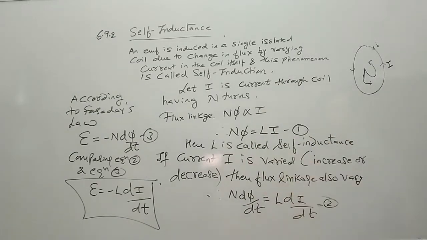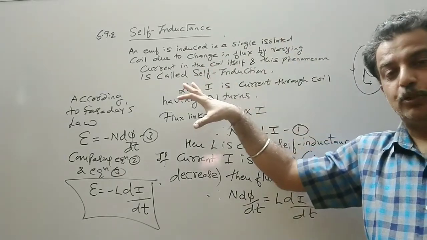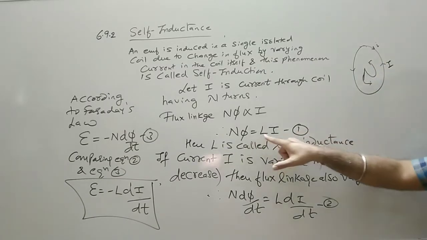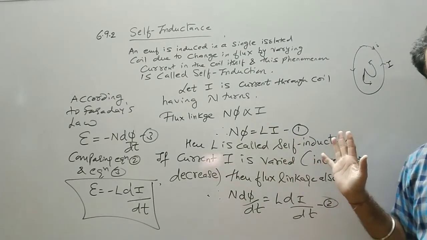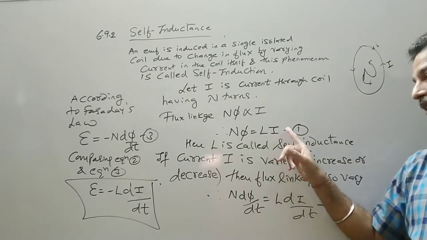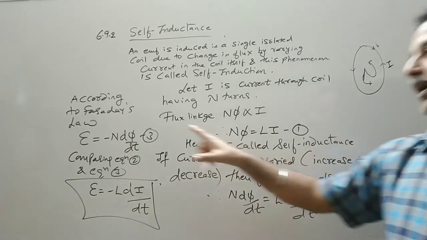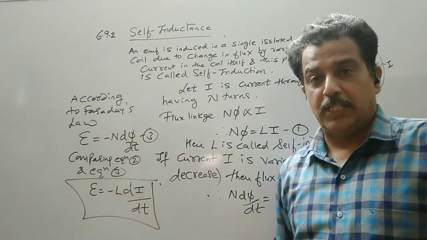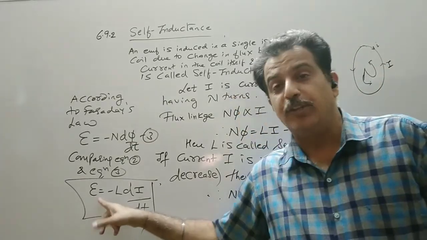For the time being, what is self-inductance? We have a single isolated coil. The current was passed through it. The current produced the magnetic flux, that is in direct proportion. As long as the current is constant, the flux is constant. But as I start increasing the current, there is a change in the magnetic flux. At the same time, the change in magnetic flux is equal to the negative of the EMF induced. That is, the EMF opposes the change. This is called self-induced EMF.